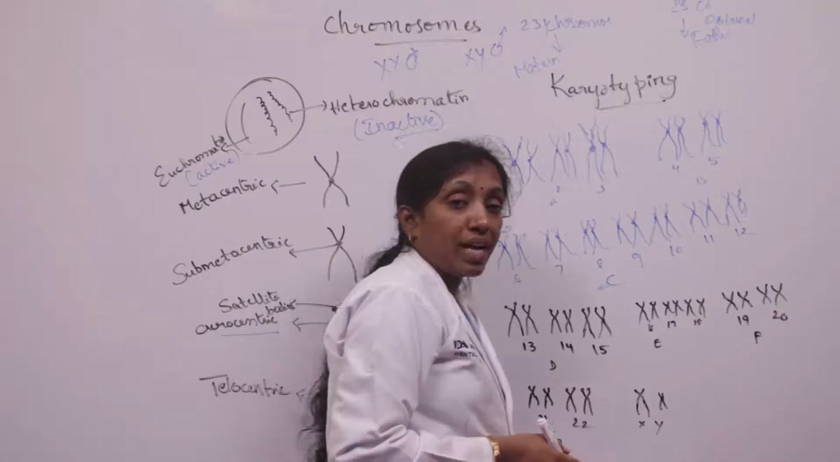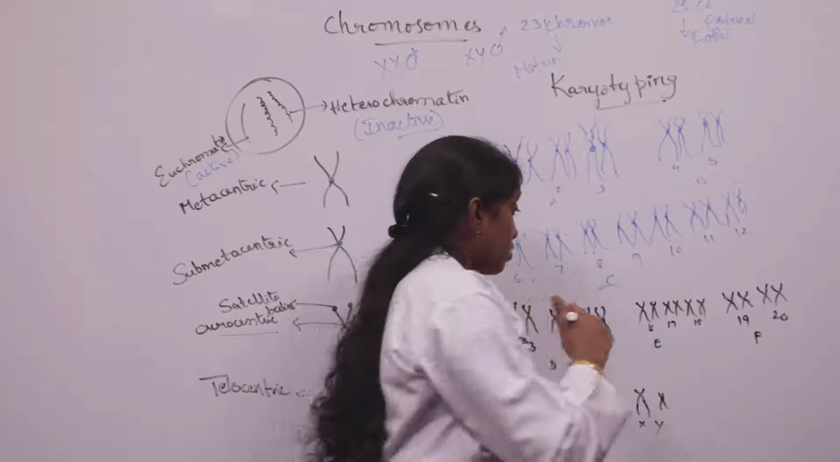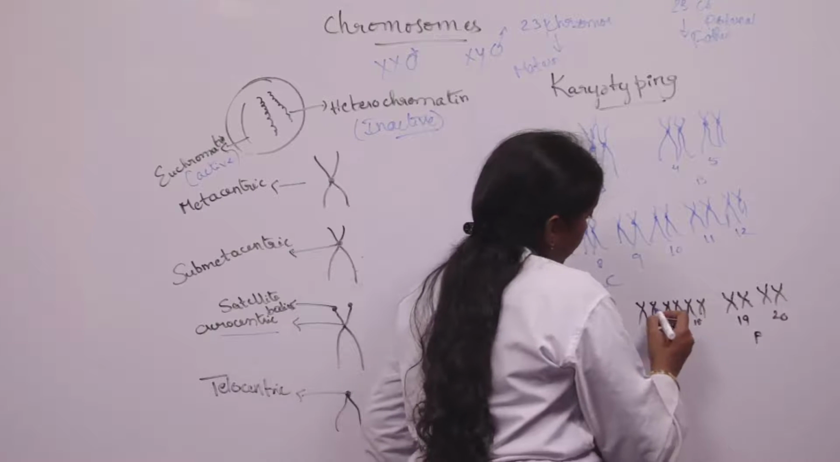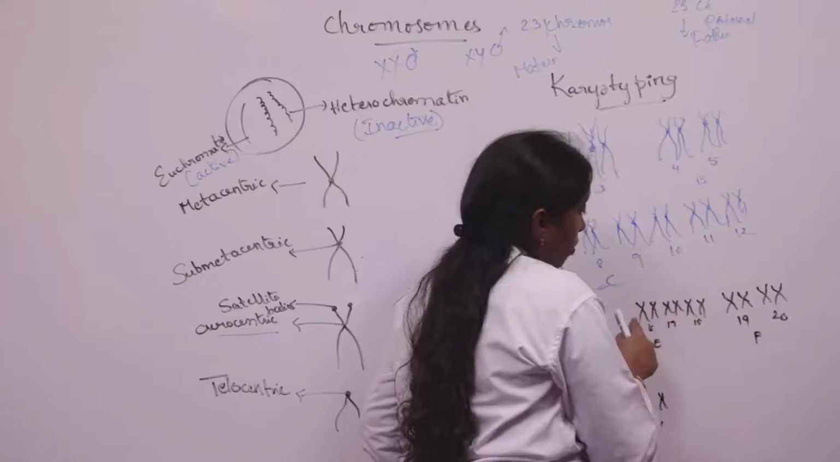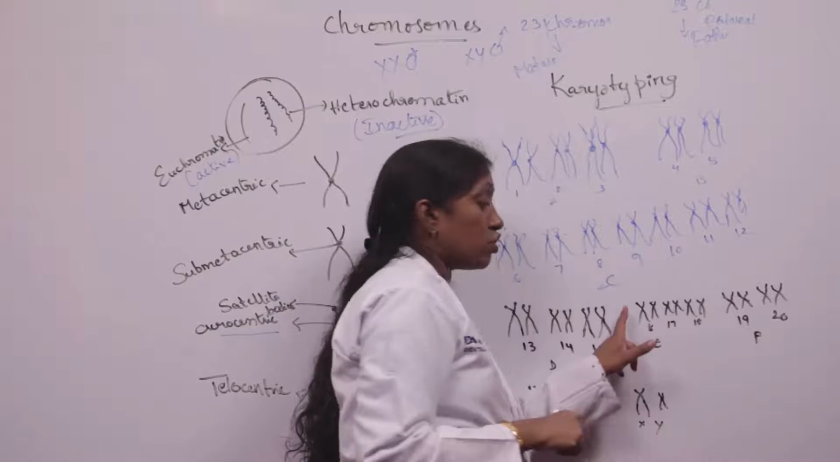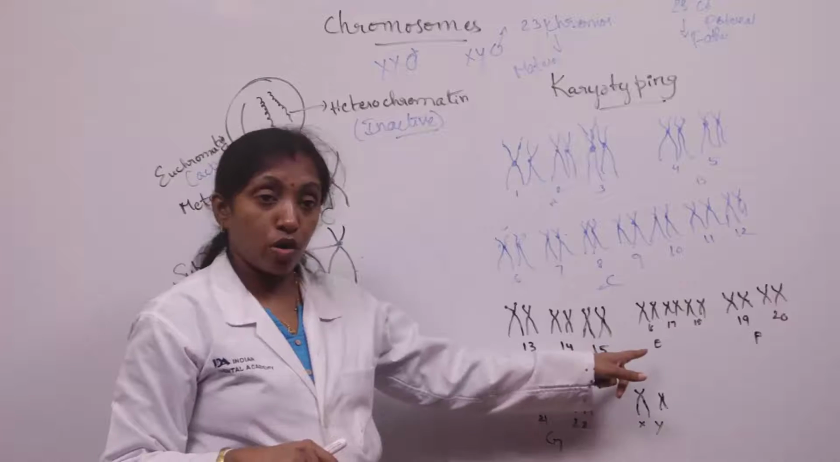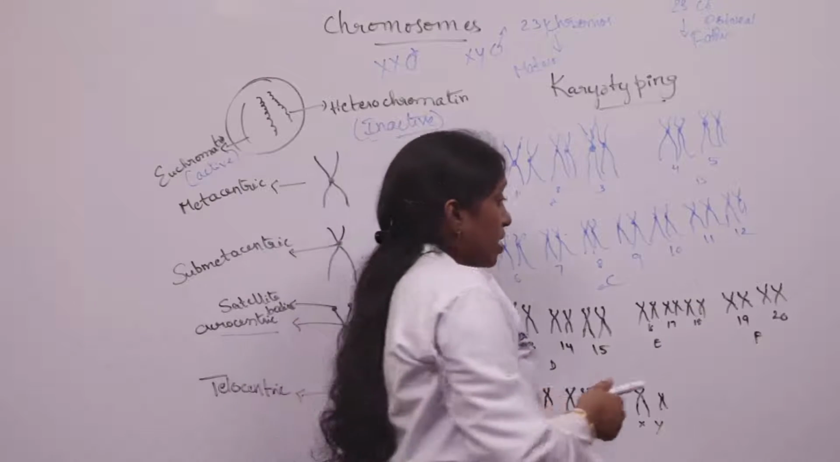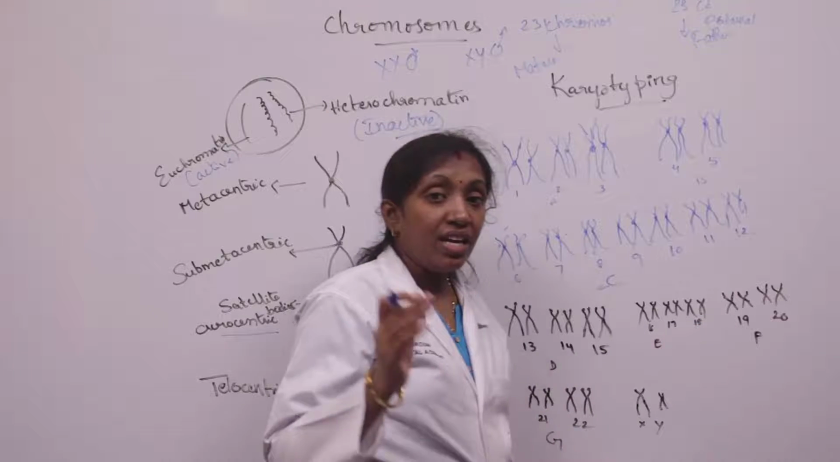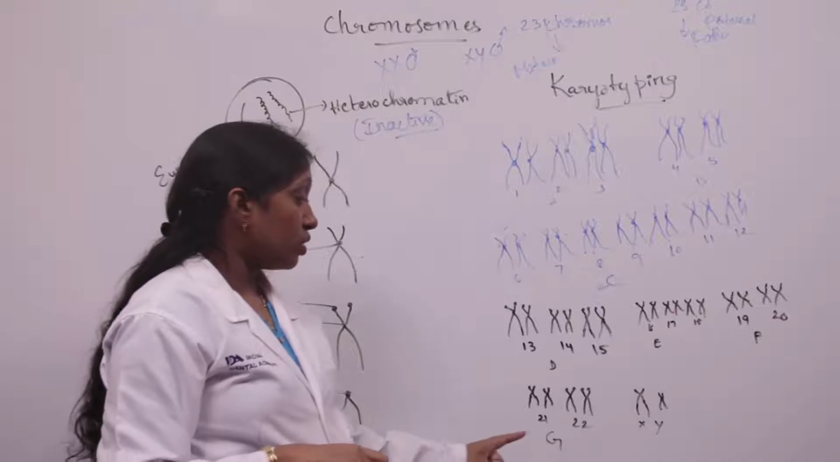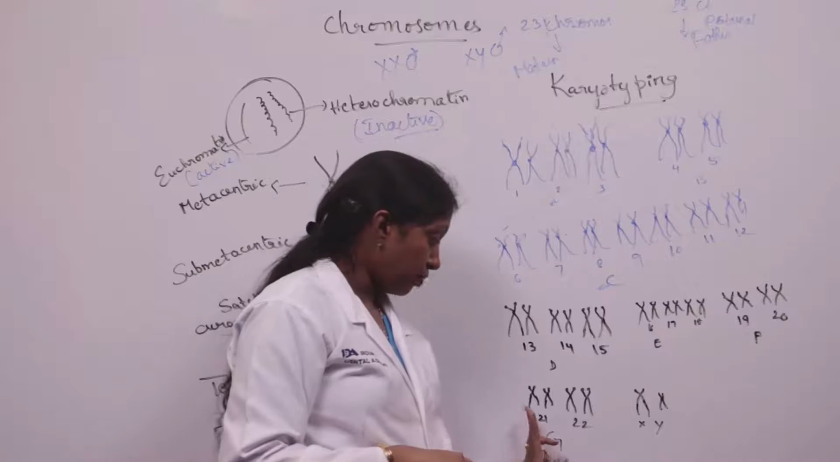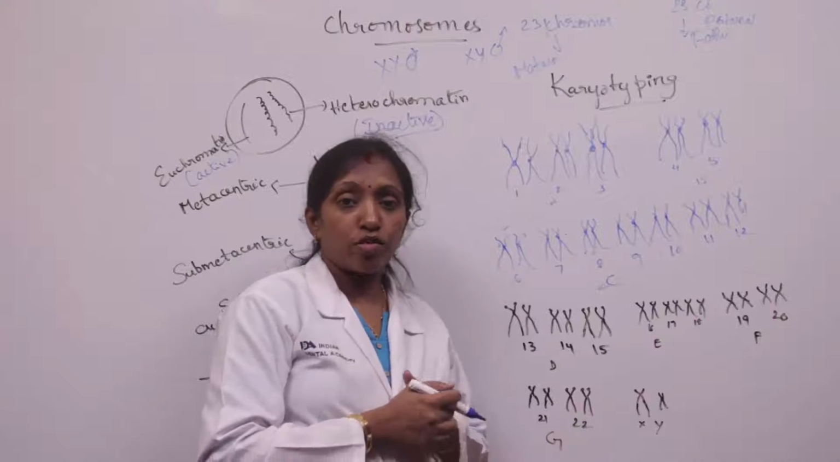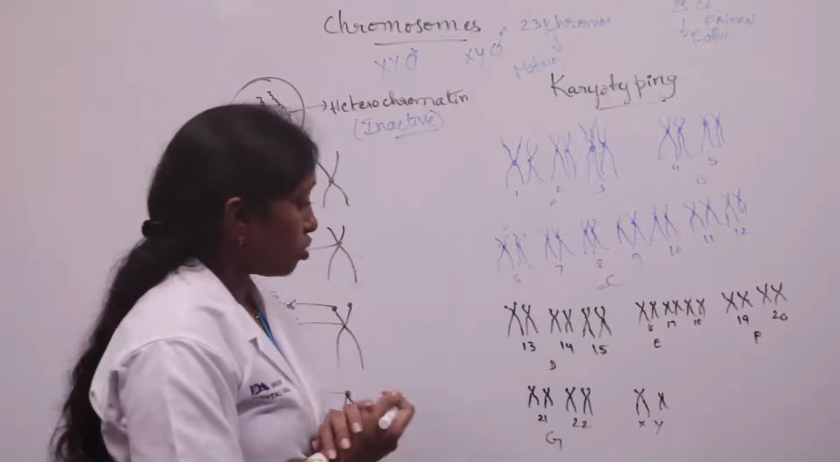And coming to the E group, it consists of 16, 17 and 18 pairs of chromosomes. So it consists of submetacentric chromosomes which are of small size. And the F group consists of 19 and 20 sets of chromosomes. They are metacentric chromosomes, very small in size. And coming to the G group, it consists of 21 and 22 chromosomes which are very small acrocentric chromosomes, and